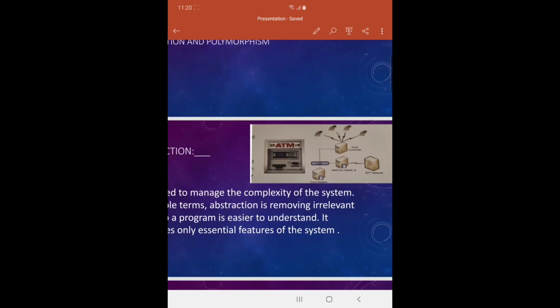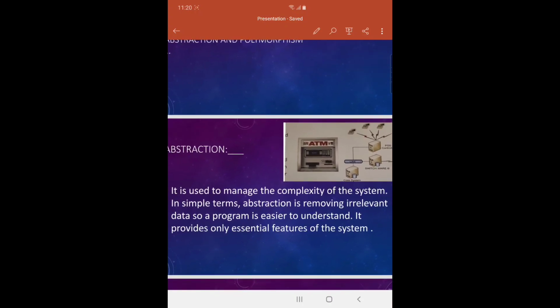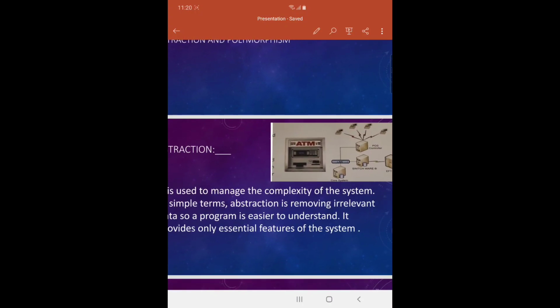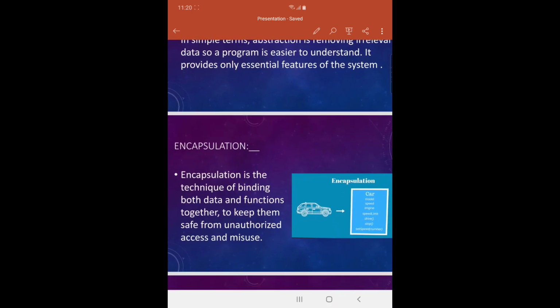So this picture is showing you that abstraction is a feature where we only collect the relevant data, or the required data, for that required program. We do not go for the other things or attributes which are given in that programming. It means we have many more things, but we only look at the required attributes. Now let's move to the next.